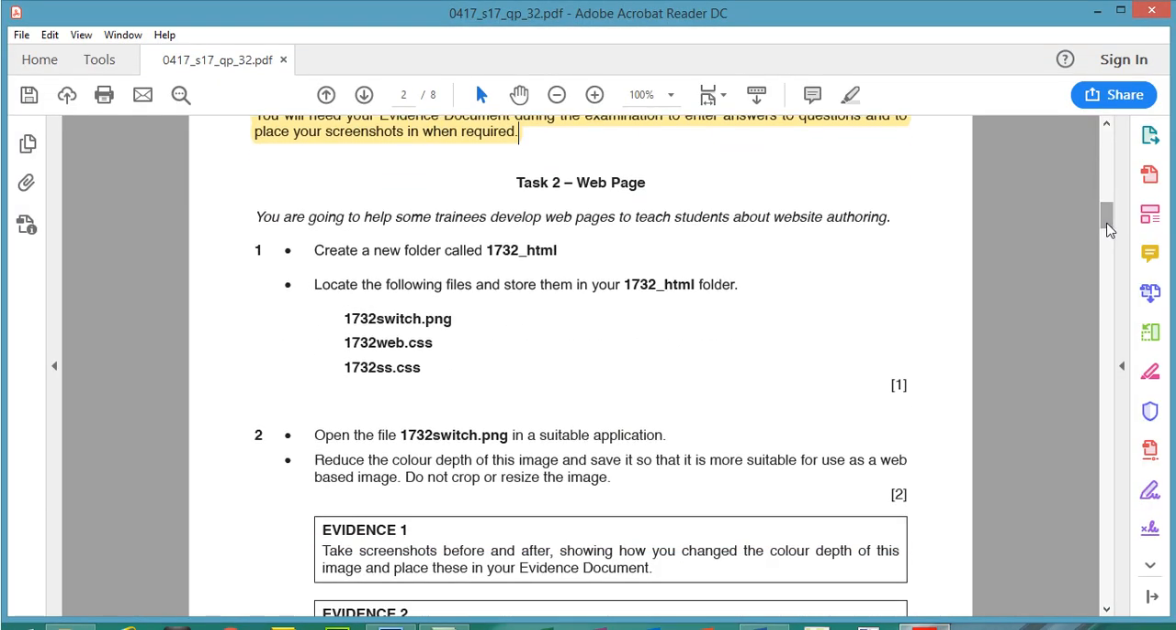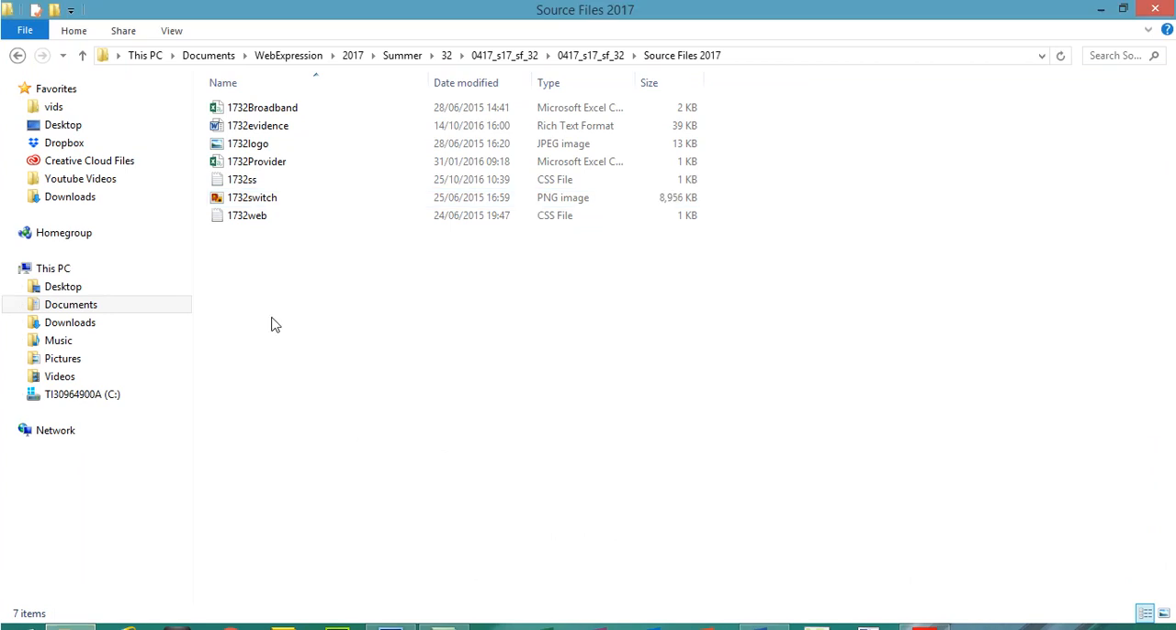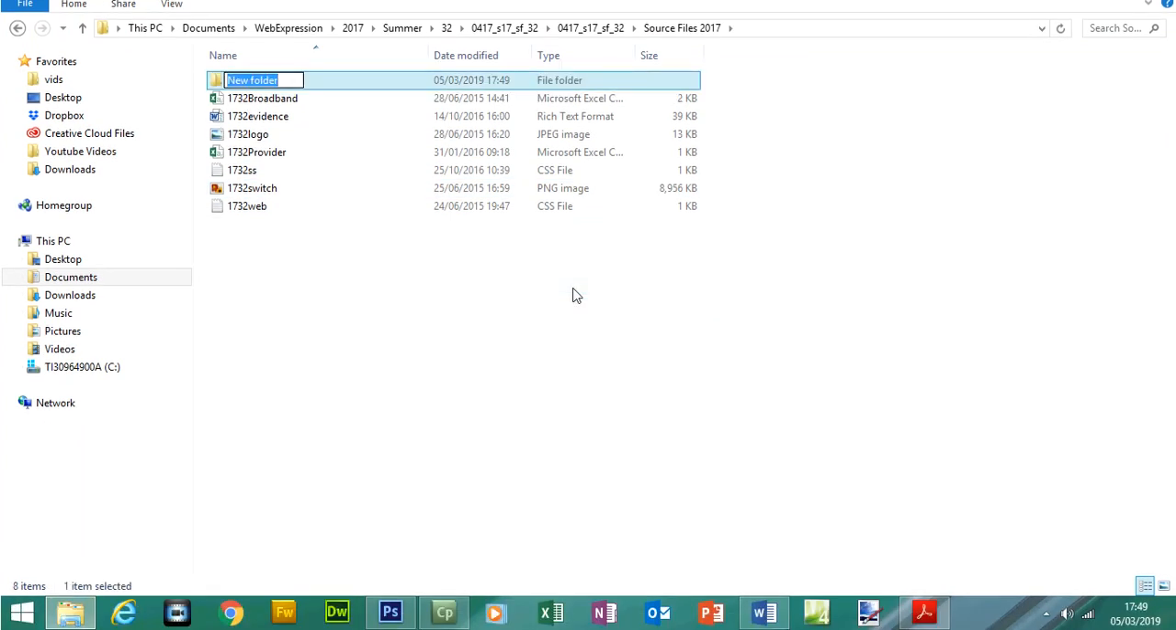Okay, so task 2, web page. You are going to help some trainees develop web pages to teach students about website authoring. Okay, so the first thing we need to do is create a new folder called 1732_HTML. So let me copy the name. If I go to my source folder, we can make the new folder here, and then enter the name for